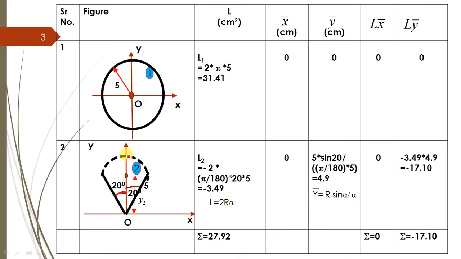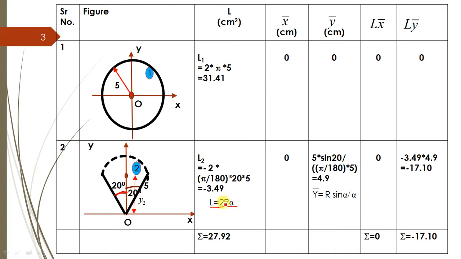The formula for that, I think all of you have learned in 9th standard or 10th standard. The length of a segmental arc is given by the formula r theta or twice r alpha. Theta is here 40 degree, or if you consider alpha, alpha is theta by 2, that is 20 degree. So we can find the length by the formula L is equal to twice r alpha.